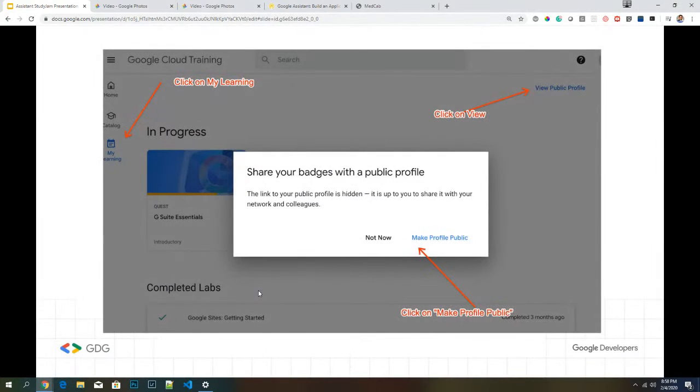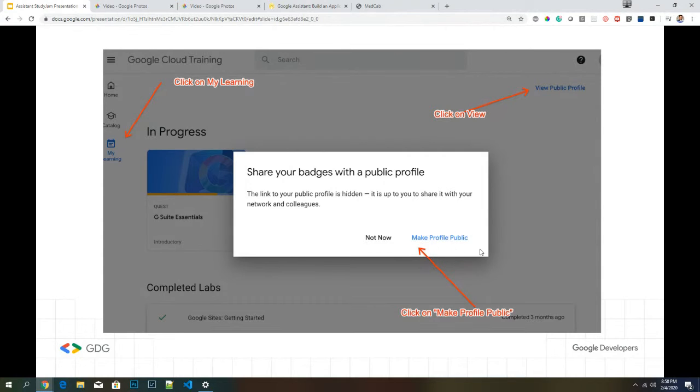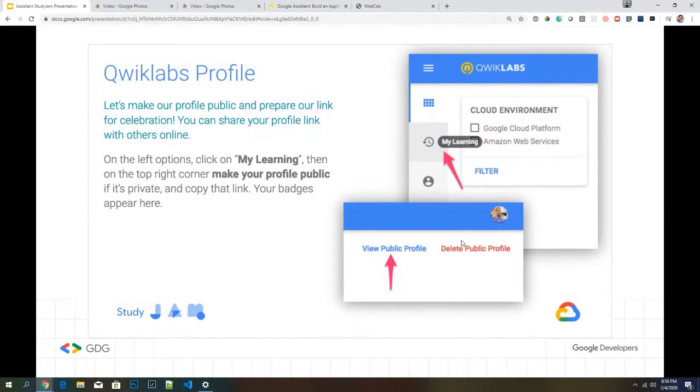The next thing which is important, and why Qwiklabs is an amazing tool, is one, you actually have live training, hands-on training, right? So you have hands-on knowledge on how to build stuff. And on top of that, you gain or earn digital badges. As part of those digital badges, you can click on My Learning, View Public Profile. And if you have not enabled public profile, make sure you click on Make Profile Public. And once that is done, you will have